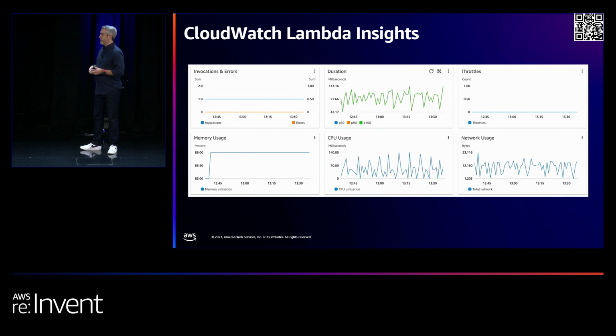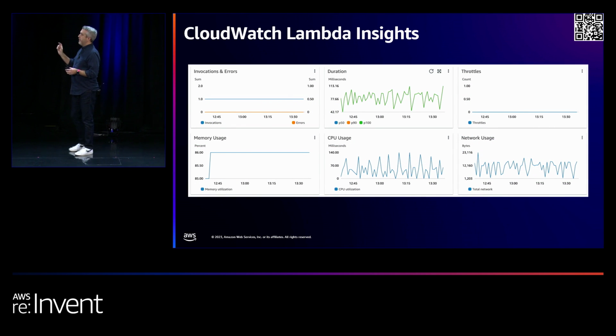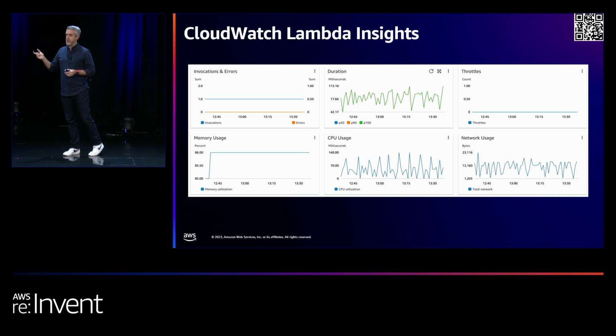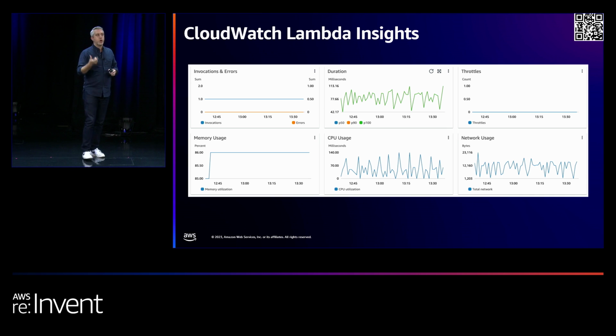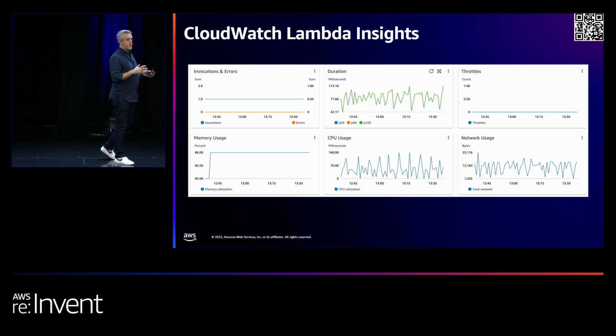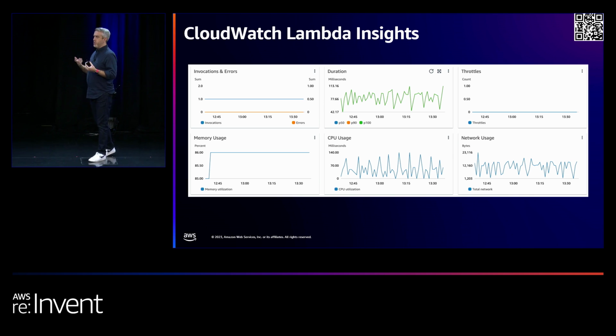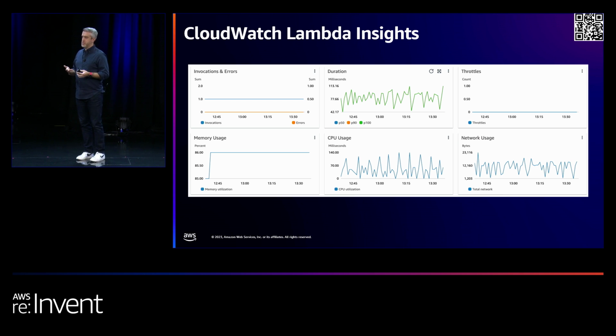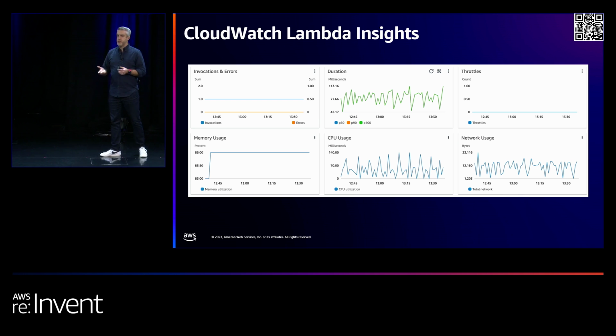And the last thing I'll talk about here is another thing that you can do, which is turn on the CloudWatch Lambda Insights. Lambda Insights gives you more data about how your Lambda functions perform. Now, this is good for testing and good for production and good for diagnosing things. Maybe you don't want to keep it on all the time. You are going to be paying for this data that CloudWatch collects. But it gives you a bunch of metrics and information that you wouldn't otherwise get with the default CloudWatch metrics